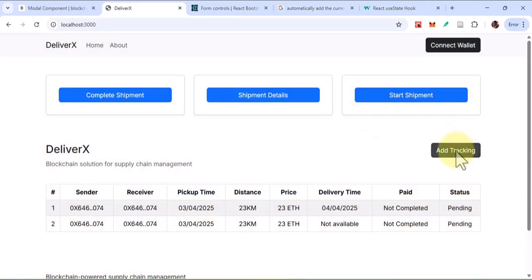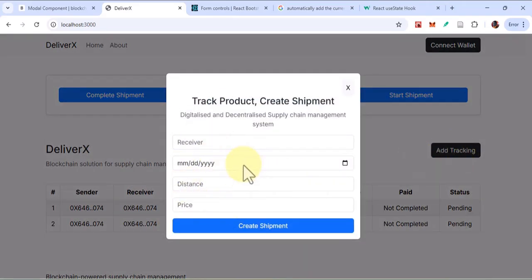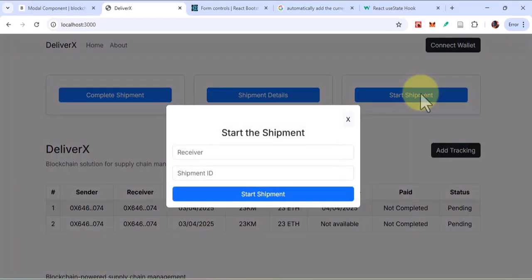So if you click on track shipment or add shipment, you can see your details. You can close it. If you click on start shipment, you can see you can add your details. You can close. So let's move